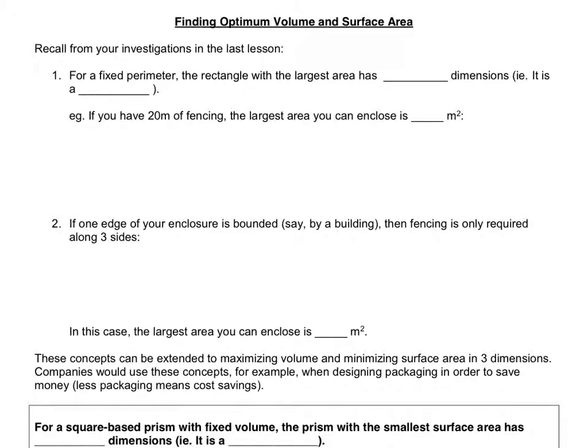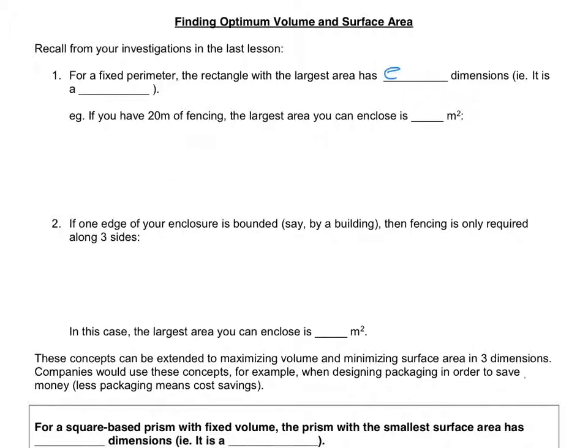In this lesson, we're looking at finding optimum volume and surface area, so maximizing volume, minimizing surface area, things like that. But first, we're going to do a quick recap of the main concepts from the investigations in your last lesson. So firstly, you should have noted that for a fixed perimeter, the rectangle with the largest area has equal